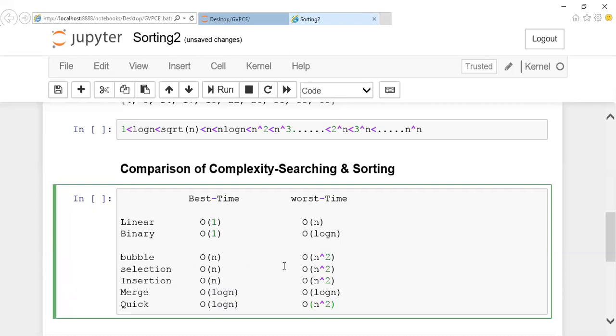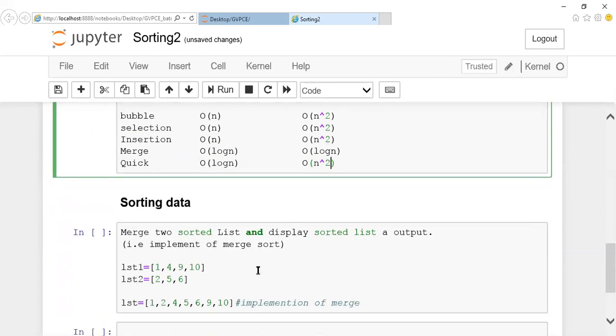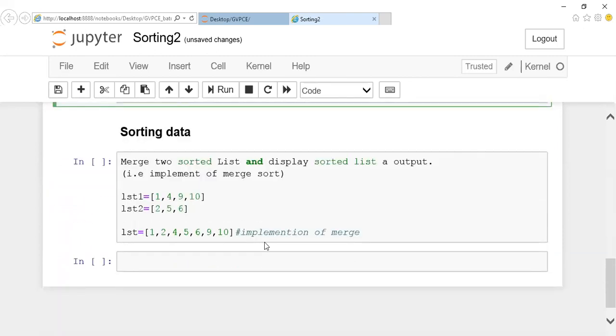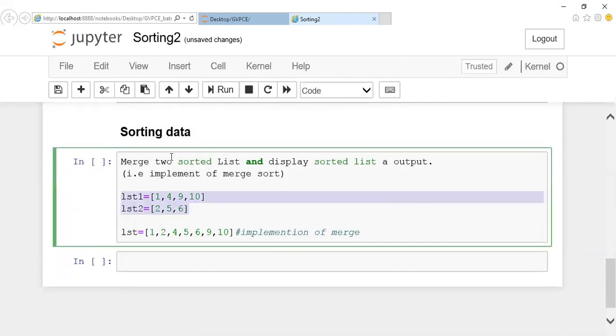Clear, right? I'll give you one small program. If time permits, you can implement it. I'll ask you by afternoon. There are two lists. You want to merge two lists by using merge sort. I think you remember merge sort, right? There are two lists, sort the list and merge it. Got it? Sort the elements in a list and merge it. Don't merge and sort. Merge sort is all about merging during the sorting itself: you're supposed to sort it and merge it. Try this one, and we'll discuss this by afternoon.